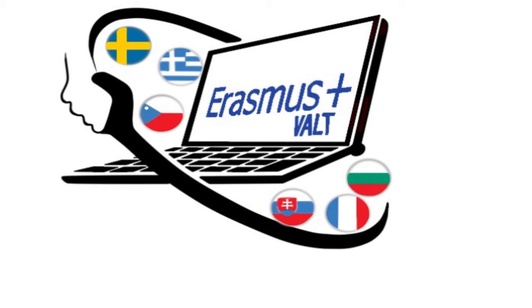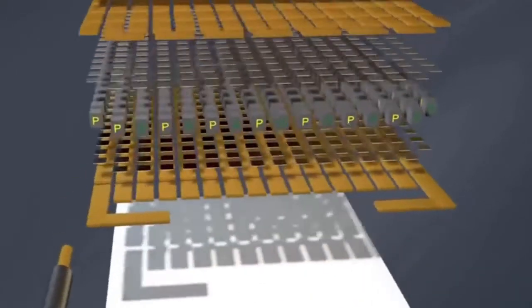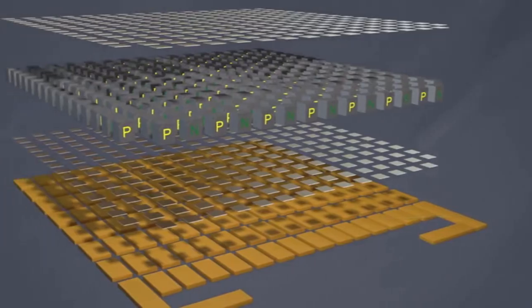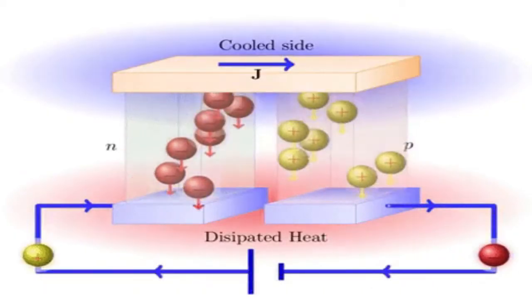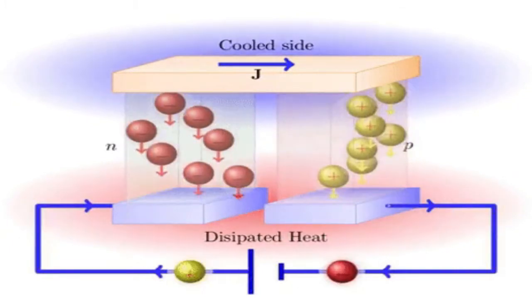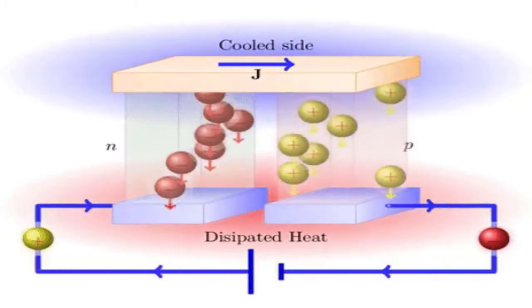This video is about the Peltier module, a thermal control module that has both warming and cooling effects. By passing an electric current through the module, it is possible to change the surface temperature and keep it at the target temperature. Peltier, on the other hand, learned that passing current through two dissimilar electrical conductors caused heat to